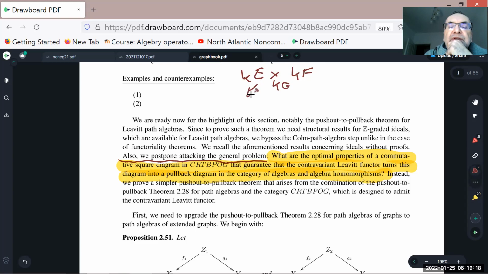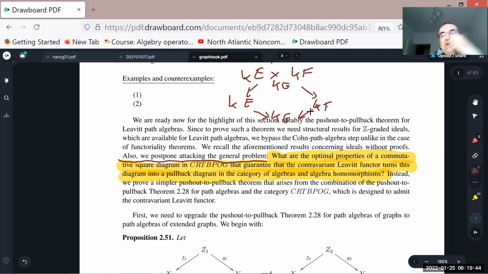I have a nice pullback diagram here. KE, KF, and here KG. And I'll try to see if somehow this pullback diagram can be factored, can descend to a pullback diagram for